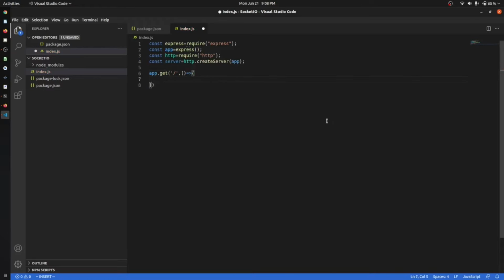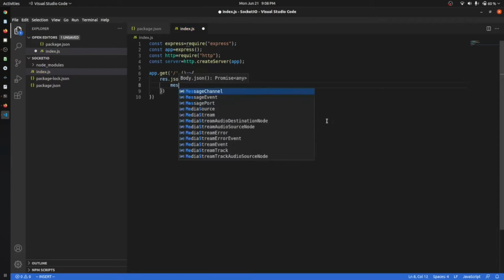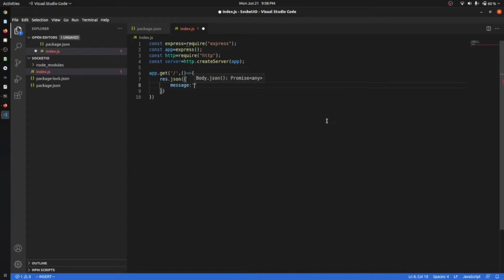API. We will just say res.json, message, and then hello world.